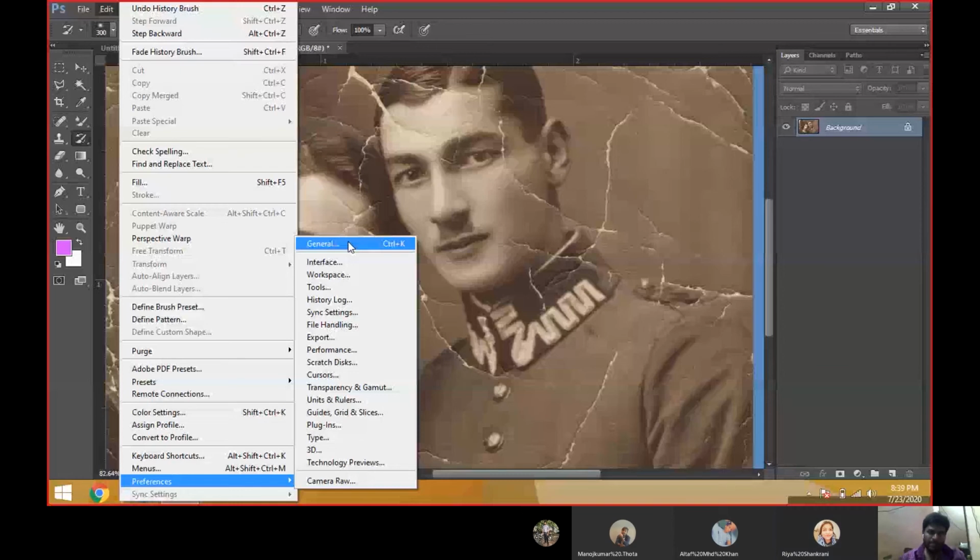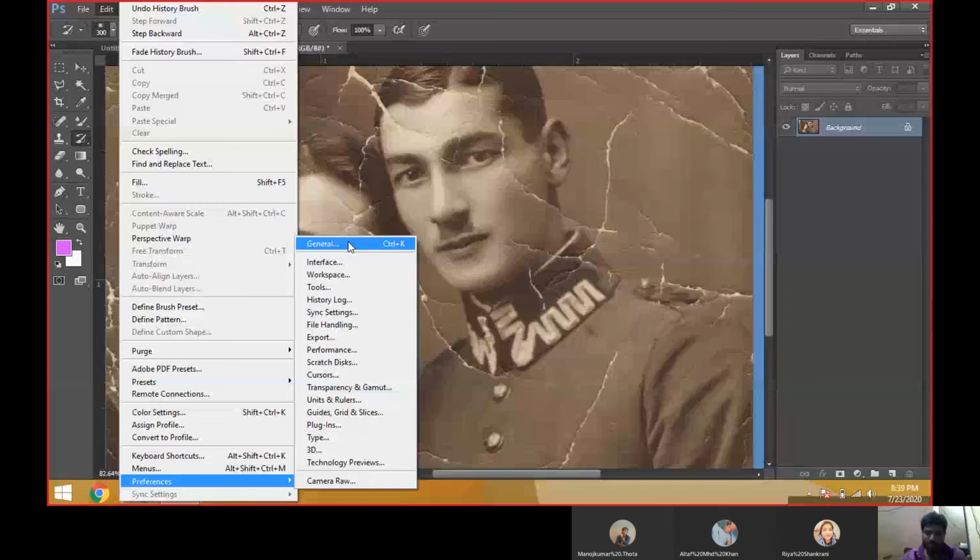How many history states are here? 300. Generally it is only 20, but I changed it to 300. We can change it to more, even 1000.